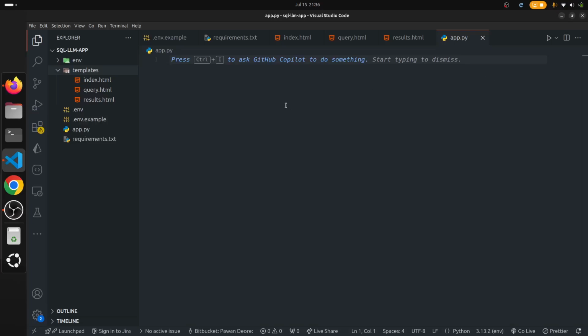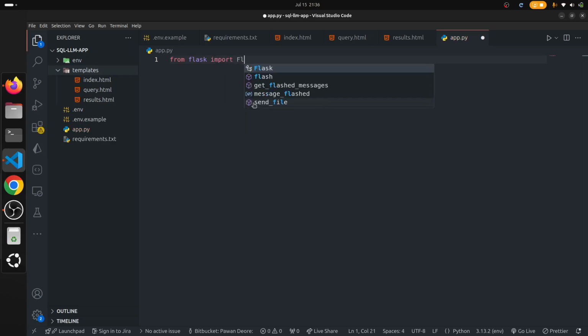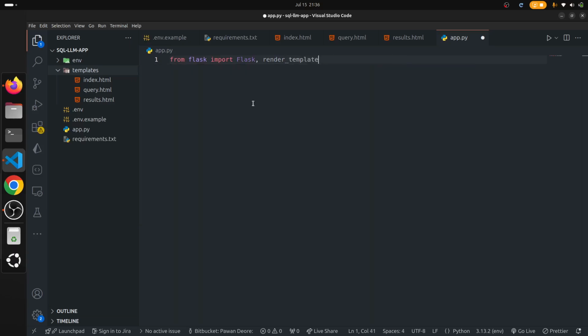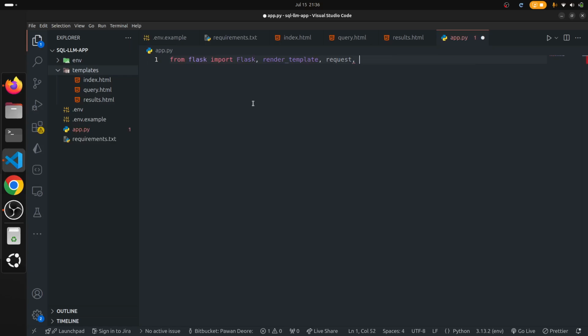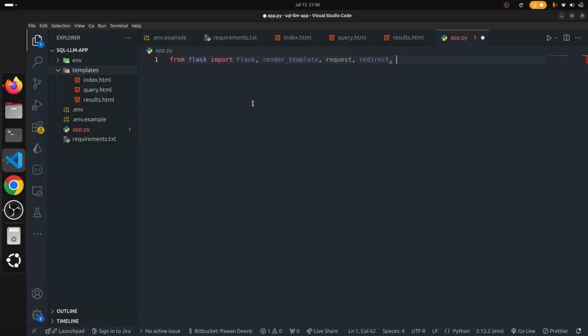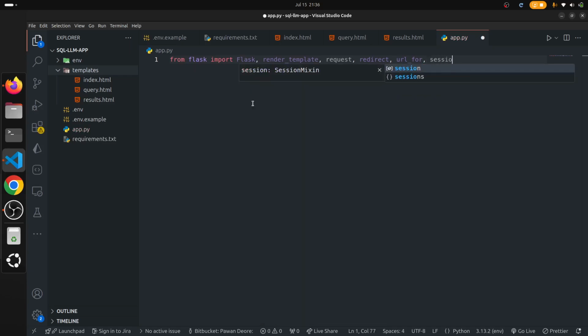So first we will import all the packages since we install all of them. Okay, so from Flask we need to import Flask and then render_template, request, redirect, url_for and session. Okay, and then